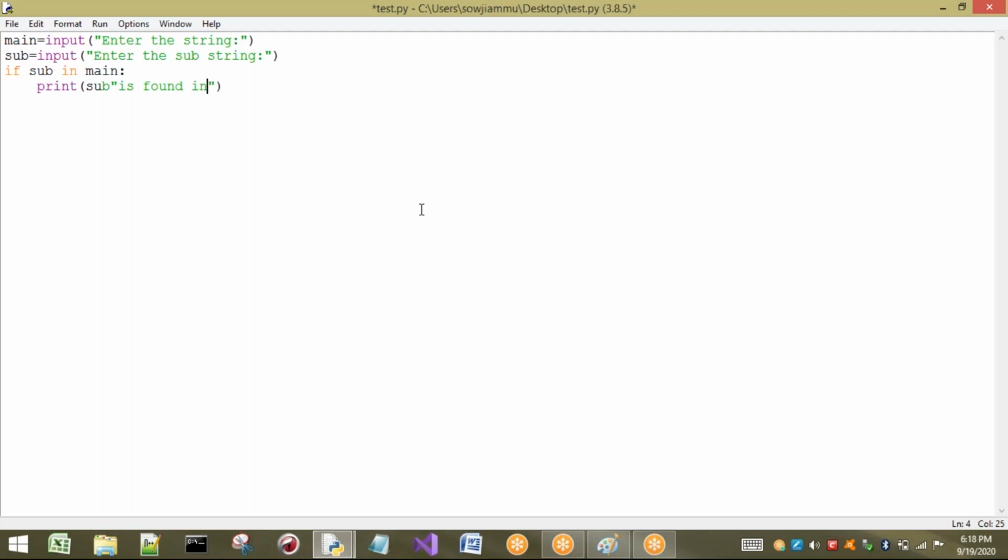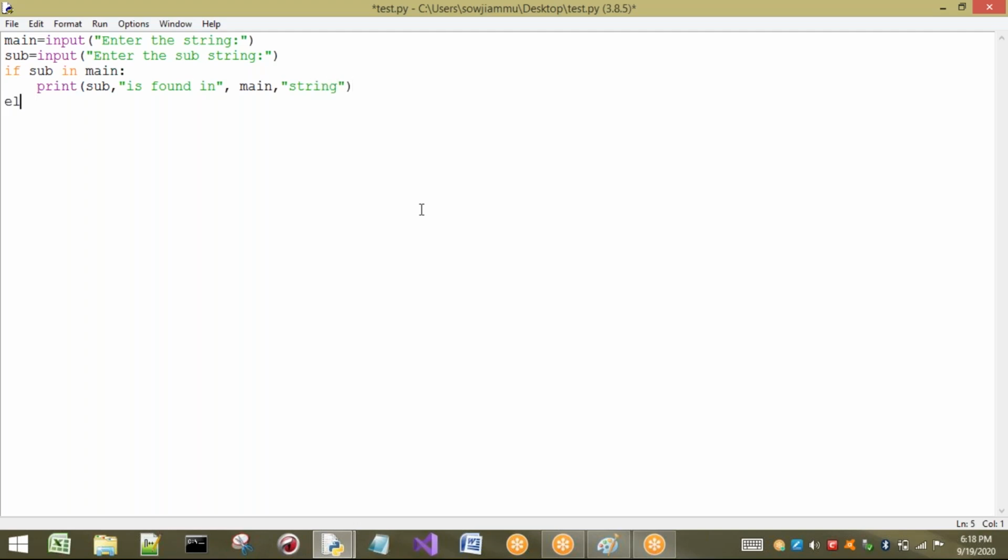The name of the main string is main. Or we can also say in a main string, no problem.